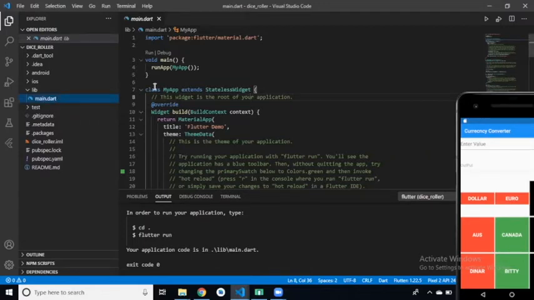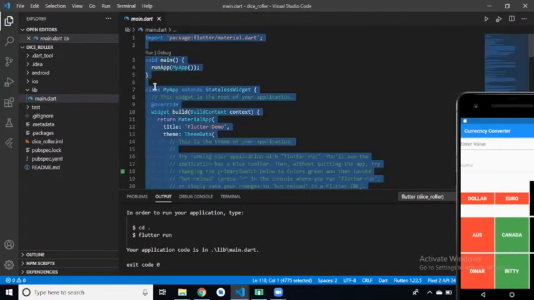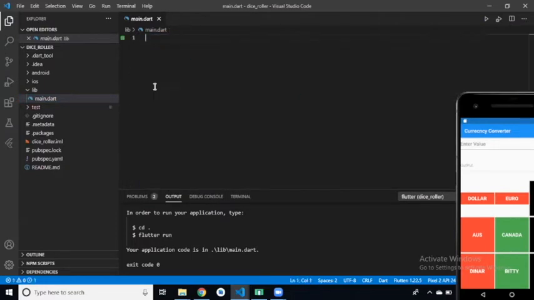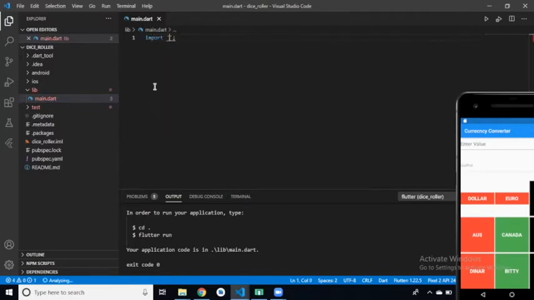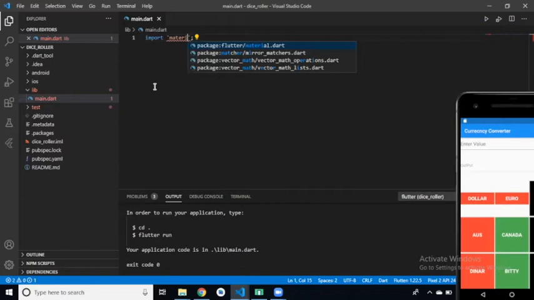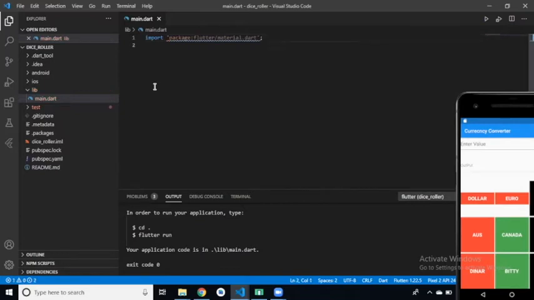And this is our main.dart file. So what will be the first step, Divya? Remove all the lines, right? Yes. Then first we have to import package material.dart. Then the first method is void main.